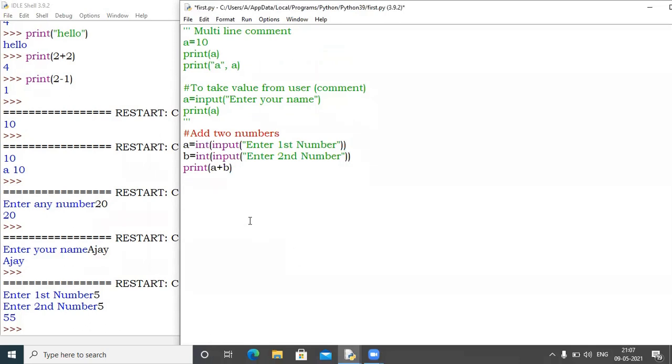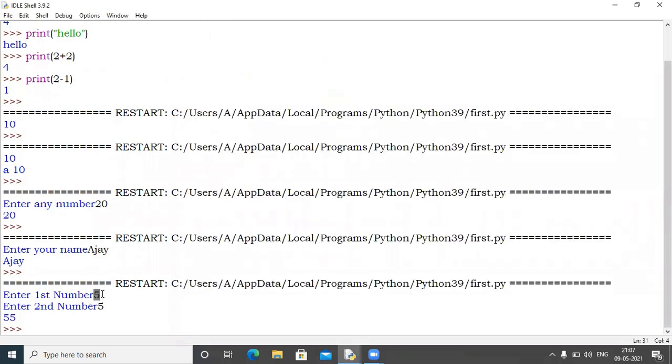The computer will not be able to convert that into a number. You will be thinking, I have written a number, why should it convert it into a number? Because the computer will not understand whether this is a number. The computer takes only a string or a character.